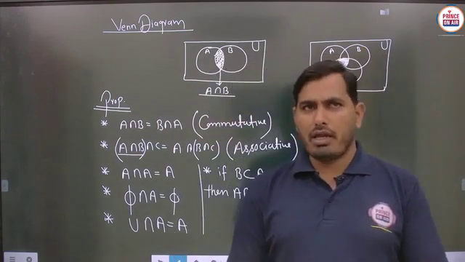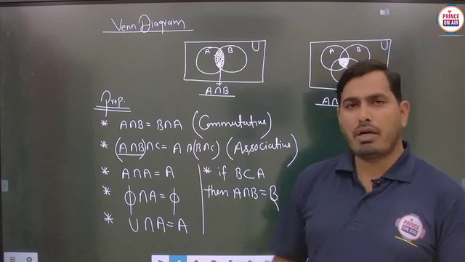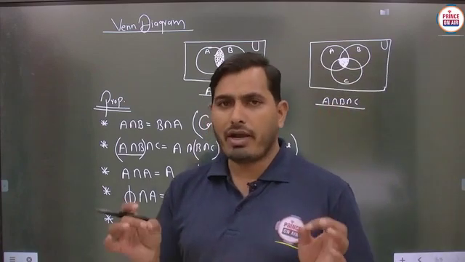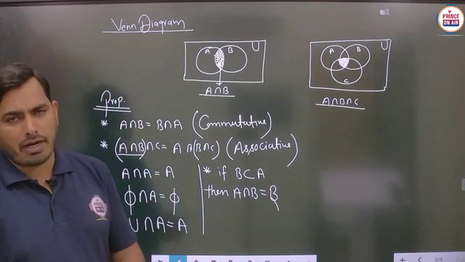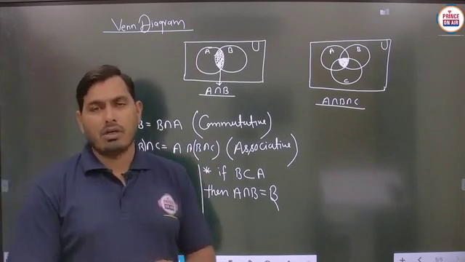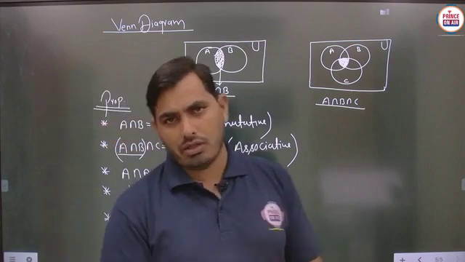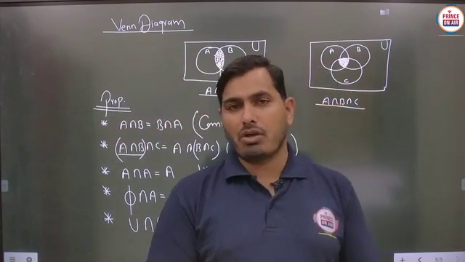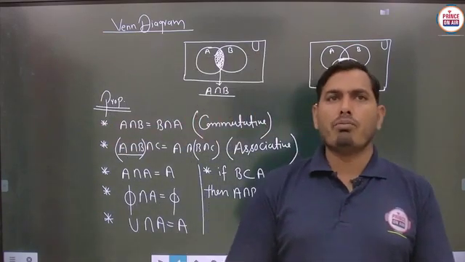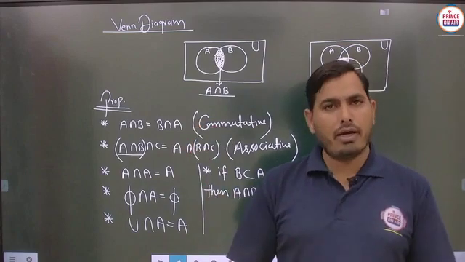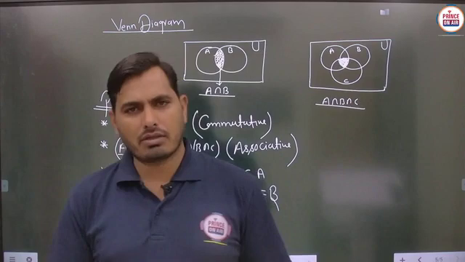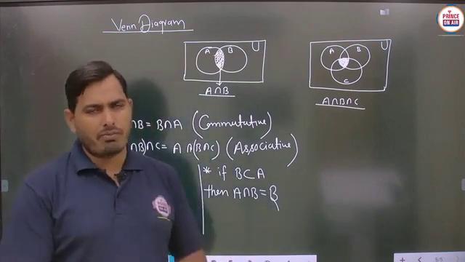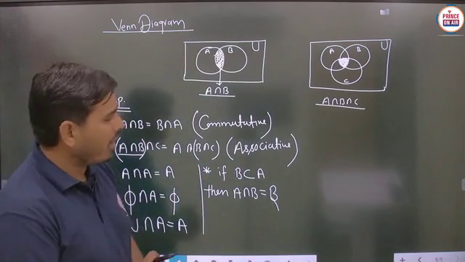But student, again I am saying that these rules, these properties and the operations and their Venn diagrams, all these things are very important for us, because some kinds of practical problems we have to solve by using these basic operations. So we have to make the Venn diagram of the given operation again and again, and according to that we have to simplify things. Is it clear? So that the concept will automatically become clear to each and every student.